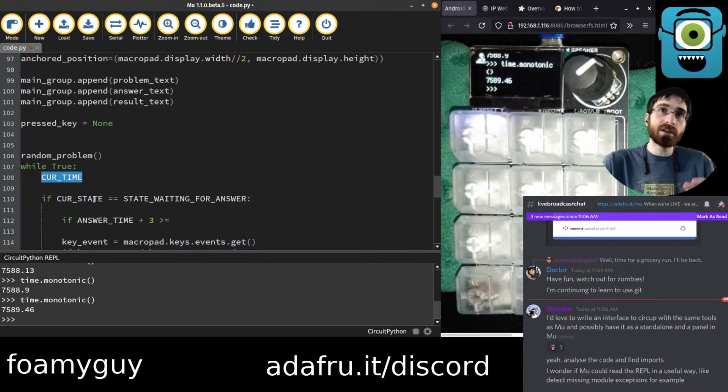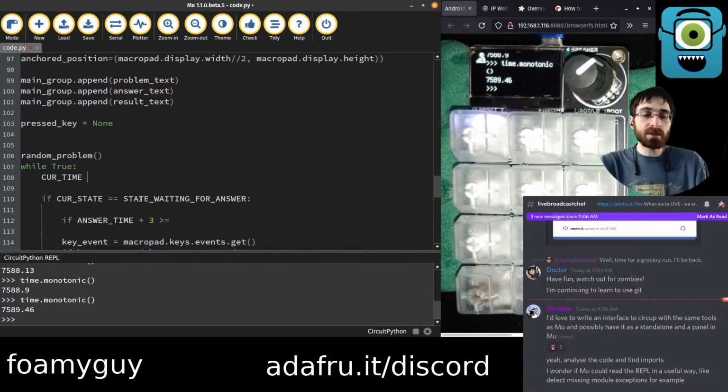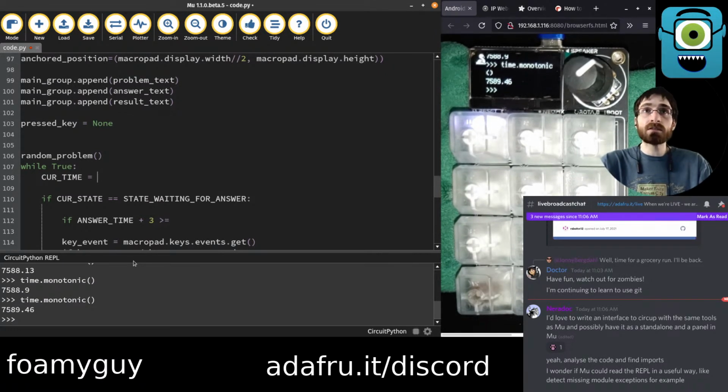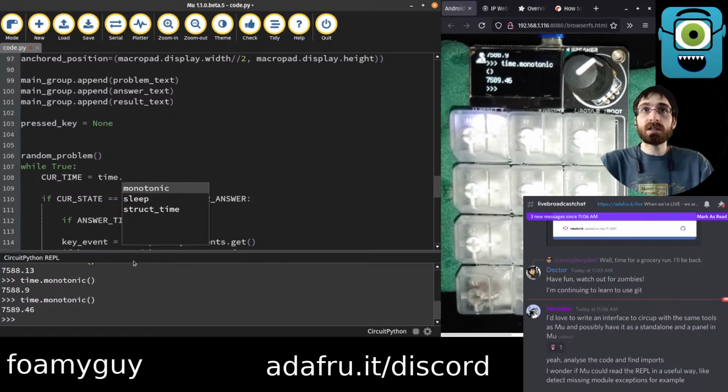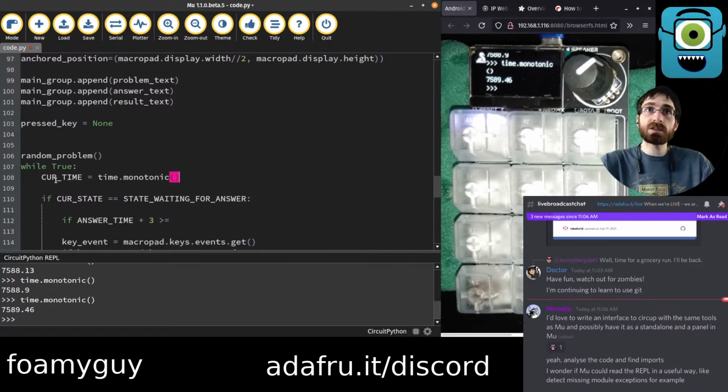There's one exact time for the entire time through the loop, and then next time through it gets a new one. It's not going to probably matter that much for this case, but sometimes if you're calling time.monotonic multiple times, you might not be expecting it to change throughout your loop. Your logic might assume it'll be the same, so it could lead to inconsistent results. So we'll set this once, and then we'll say